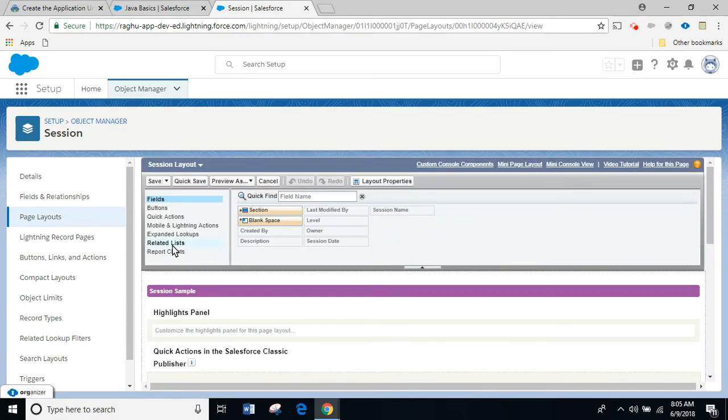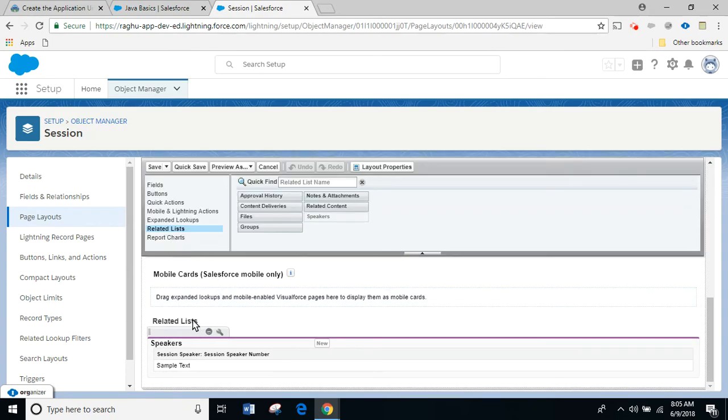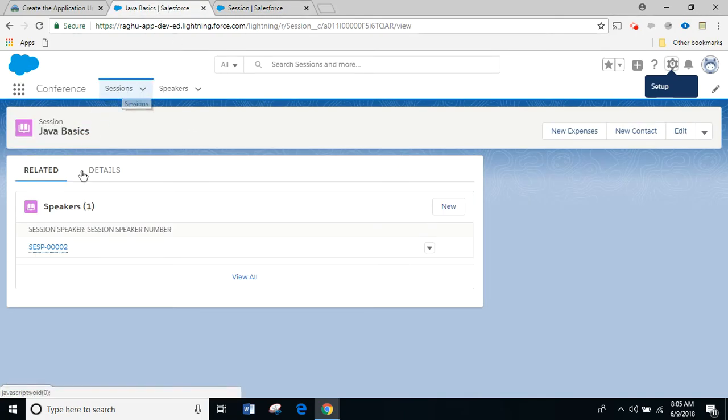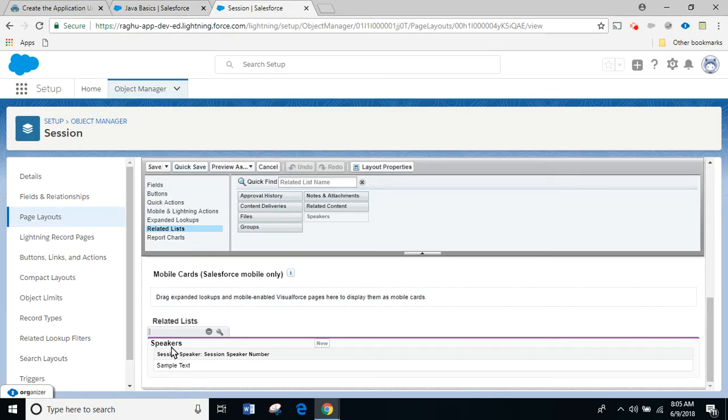and in here click on the related list, and it will come down to the related list. Which means in a session there are certain related lists, like a speaker. So if I go back here on this session, the related list is a speaker where I can only see the speaker number. I don't see the speaker name, right? So coming back to this tab, by default there is only the speaker number which is associated here. I'm going to modify this tab so that I can see the name. So click on the gear icon here, or the wrench symbol,